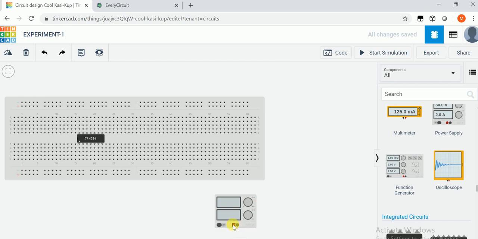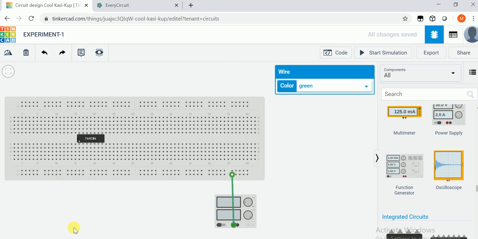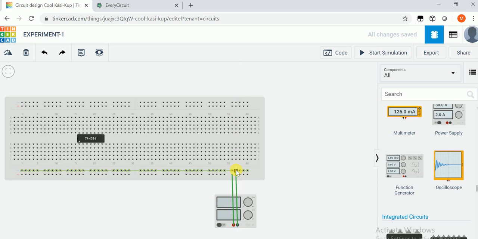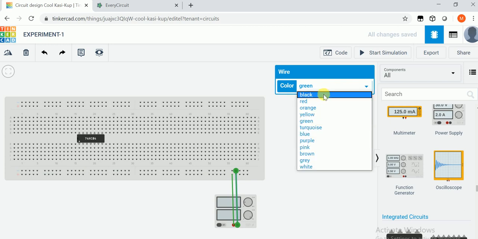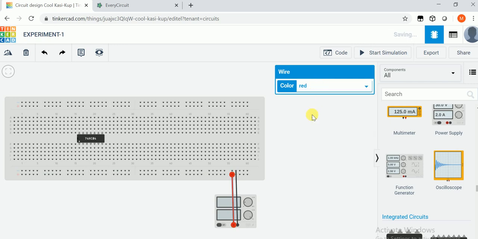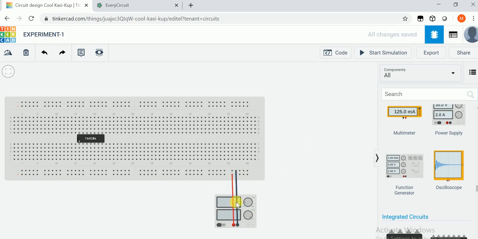You connect this positive to the positive line of the breadboard. You can see here positive and negative. And connect this negative to the negative. I suggest one more thing, that you use color black for the ground and red for the power supply. This is the color code we usually see in the lab.